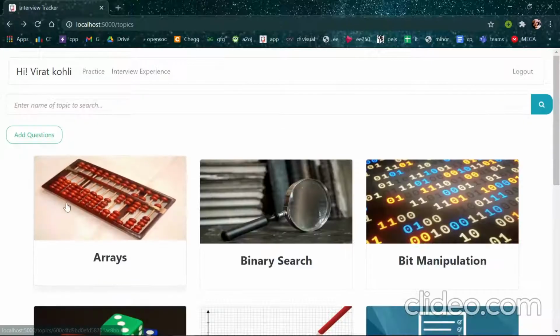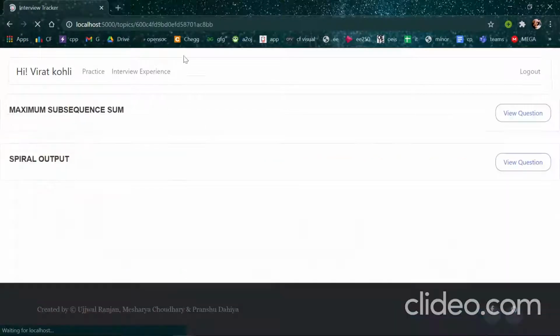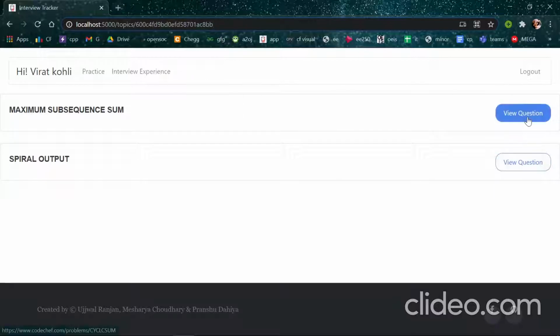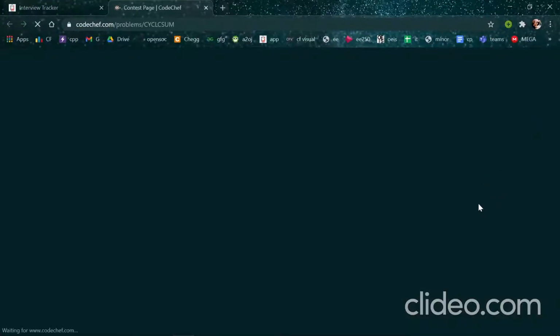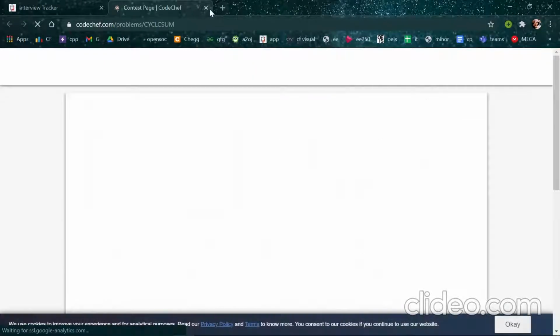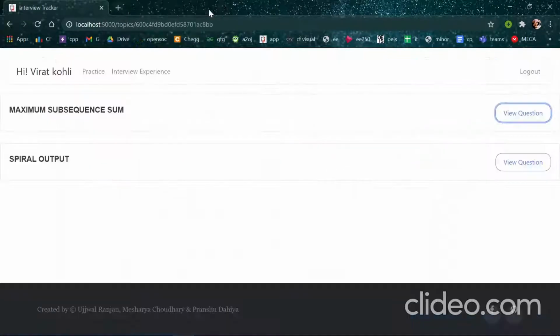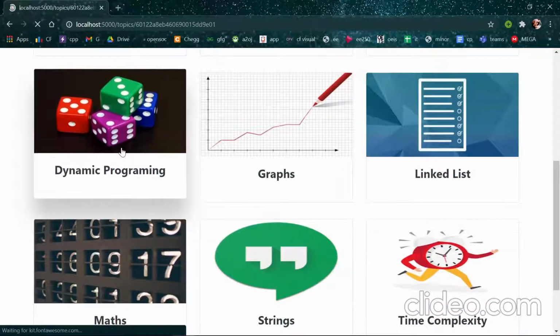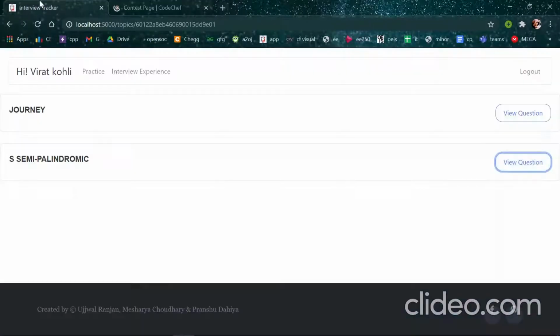So when we click on any of the topics, in the URL we get the ID of that particular topic, and in the backend we are doing questions.find by ID, sending in this ID, so that whatever questions are associated with that ID are displayed over here. And if we click on any one of these questions, then whatever is the link of the question will be displayed over here. This is the simple thing which we have done for displaying the questions. Just click on the topic, click on view question, and it will be displayed in a new page.